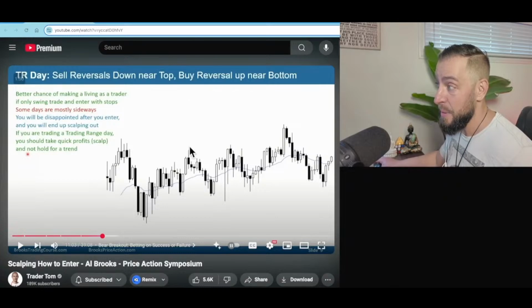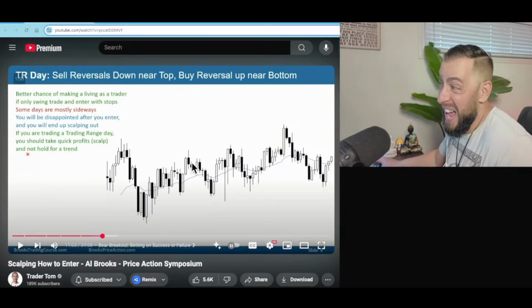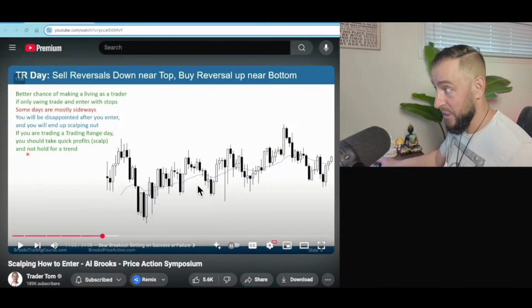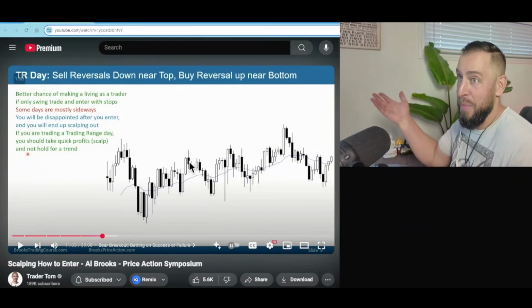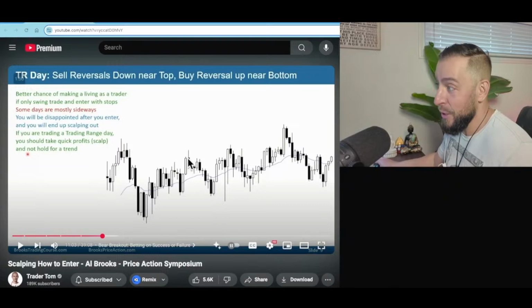After this, maybe break out, short little pullback, and then break out more to the upside, you'd be very disappointed, because all the price did is it went maybe 2 or 3 points above this candle, and then it reversed all the way down. So all Al is saying is, when the price action looks like this, right? All the signs that we just pointed out to you, most traders are actually scalping, okay? So if the institutions or the smart money is scalping and they're going for small little reversals, then you want to get with the flow.